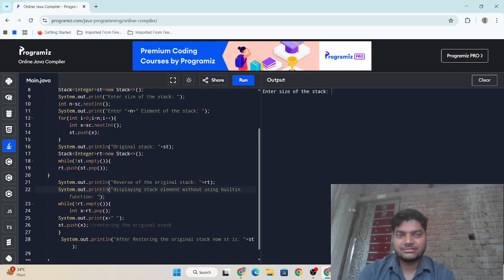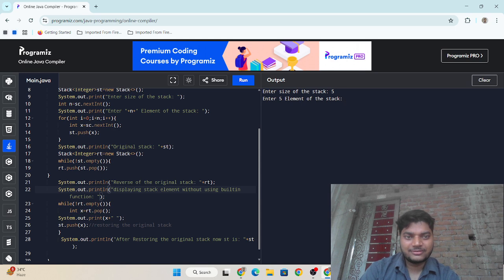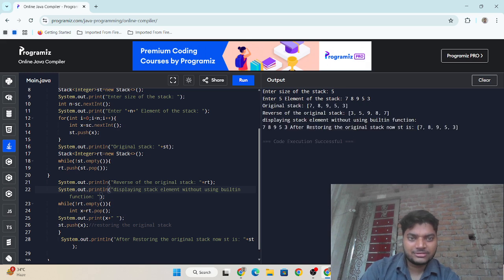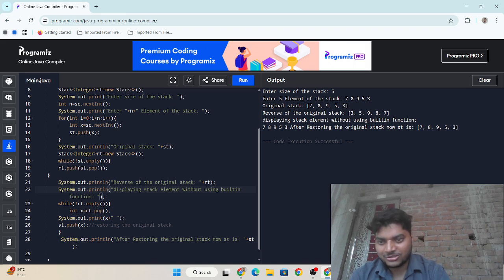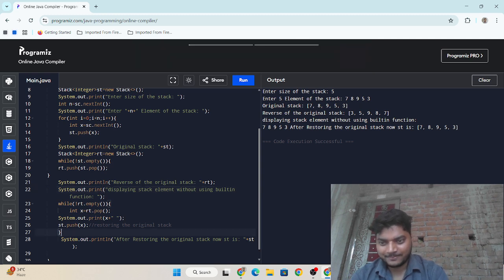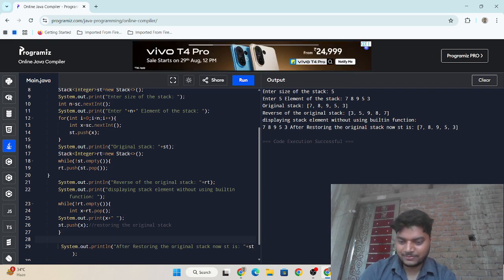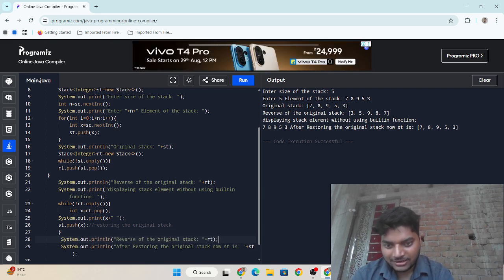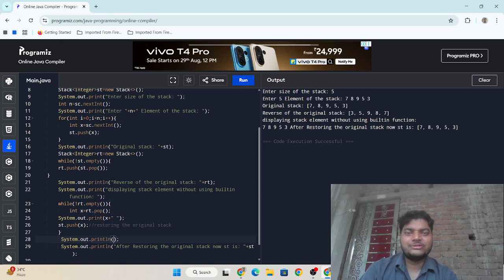Now it will look clearer. 5 I need to enter here. I need to write 7, 8, 9, 5, 3 and 2, 5. Done. I need to remove this ln, and I need to write 1. Control V here, and I need to remove it all. Now it will look clear.